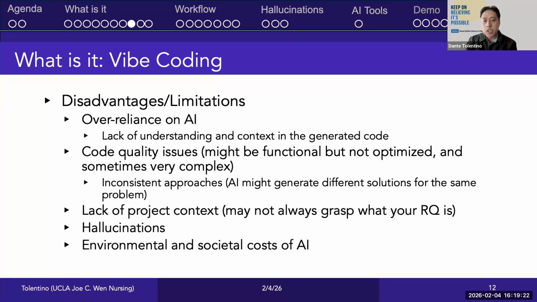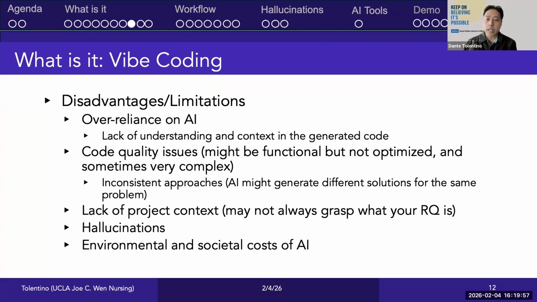So for example, if I do a simple descriptive stats for my sample characteristics in R, I might write R code with 2 to 3 lines. I might use the describe function from the psych package and I can get my numerical stats. But when you're doing vibe coding, the AI may produce 20 to 30 lines of code for this specific request, especially if you did not prompt it correctly or appropriately.